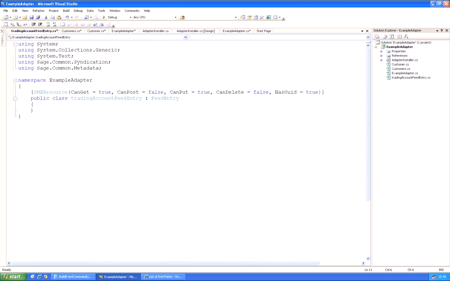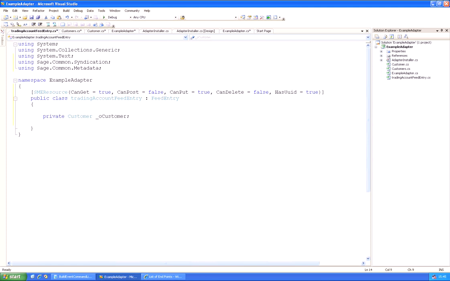So we've told the SIF now what can be done with this resource. So let's actually expose some real data here. What I'm going to do here is have a local cached copy of our customer. So we've got our customer business object. For simplicity, I'm just going to hang on to a copy of that here, customer, and we'll just call it